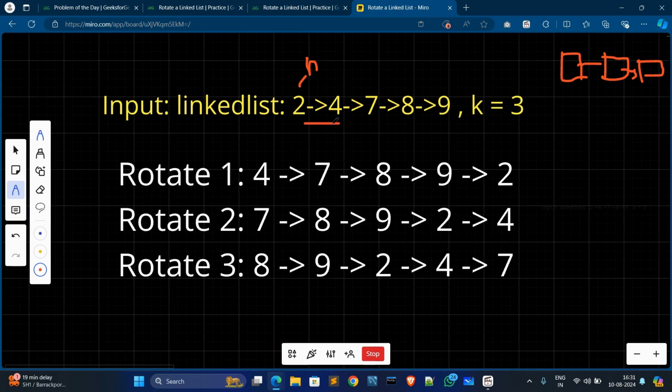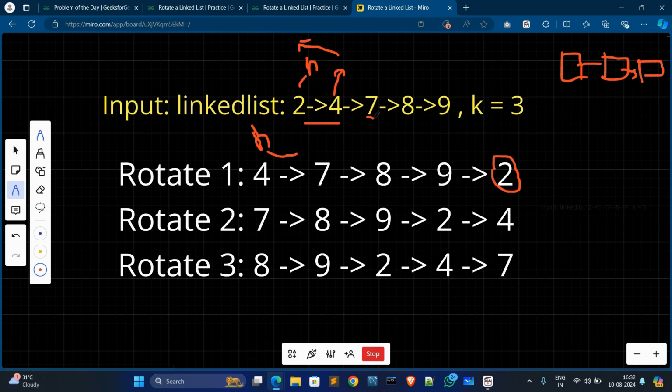In the first rotation, these nodes will shift to the left side. This 4 will shift to the left side, and now it is the head node. And where will 2 go? 2 will go to the last position, because 2 is in the first position, so in rotation it will go to last.